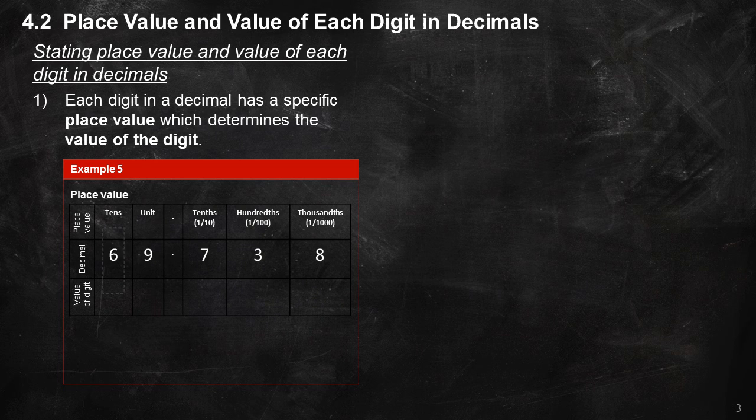69.738 are 60, 9, 0.7, 0.03, 0.008. 69.738 is also equal to